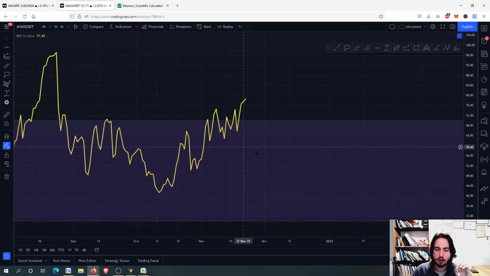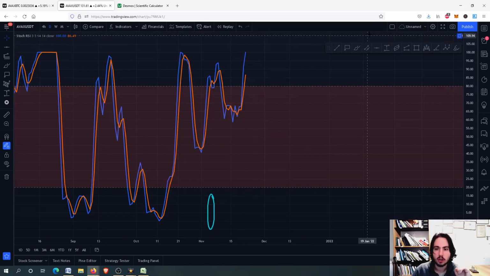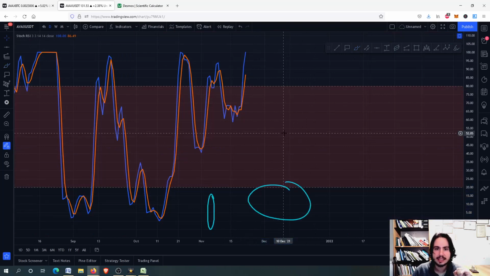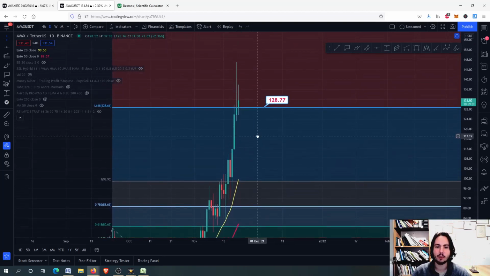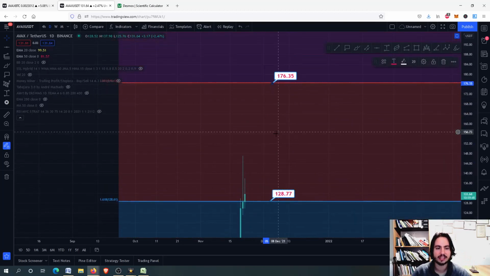RSI might be in an overbought, but the stochastic RSI can be in an oversold. And when we see, for example, the RSI near the top and the stochastic RSI in an oversold, or vice versa, then we get in, we buy, we are in a passive wave, and we will probably get even higher. As for Avalanche right there, I truly believe that we can go to the 175, but